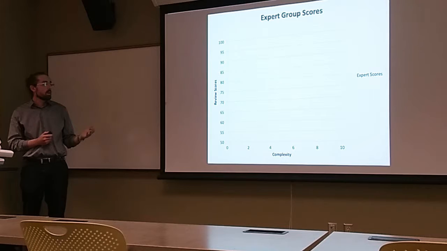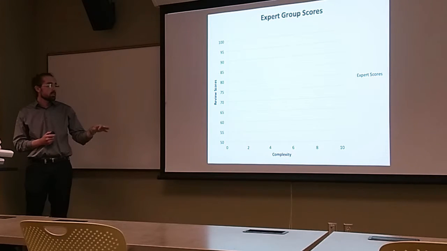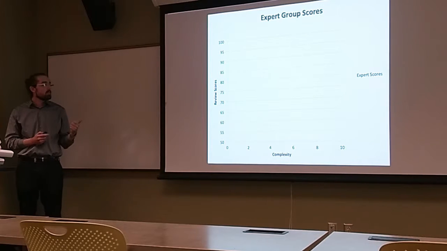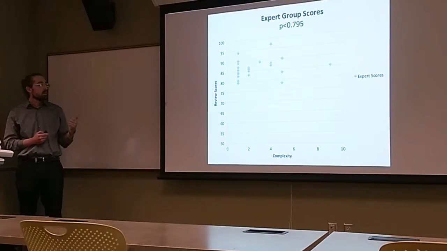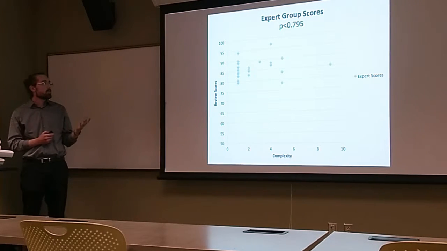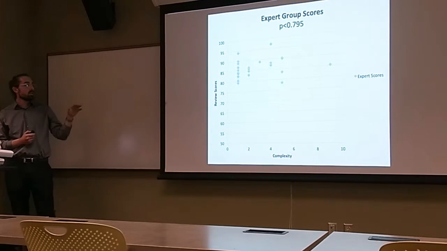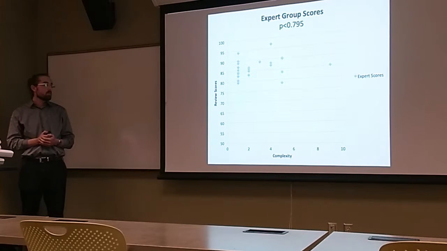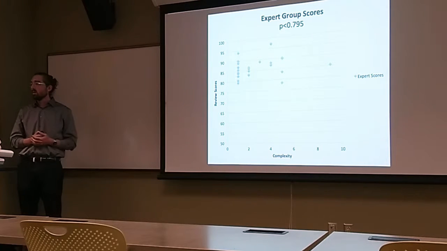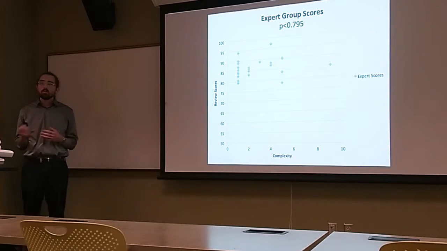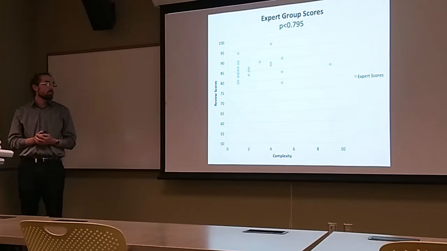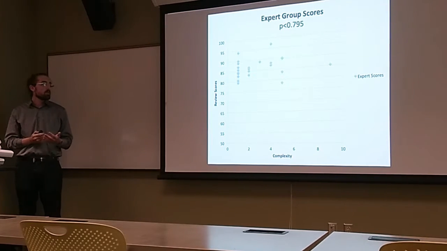So this is sort of the skeleton for our graph here. Along the x-axis there at the bottom we have complexity, and then on the y-axis here on the left we have the scores of enjoyment. So this is for the expert group. You can see that the scores move in a relatively straight line. Despite a range of complexity, they all fall between about an 80 to a 97 range. So even if the game is very simple or very complex, the experts found themselves enjoying the game.